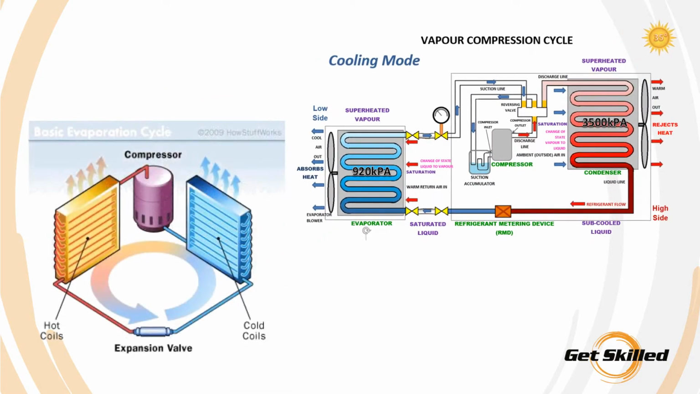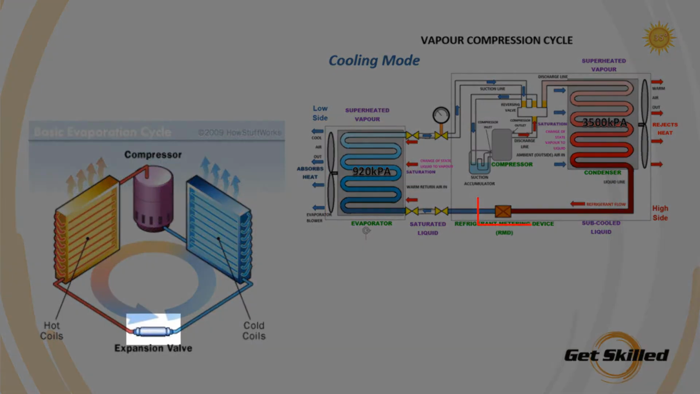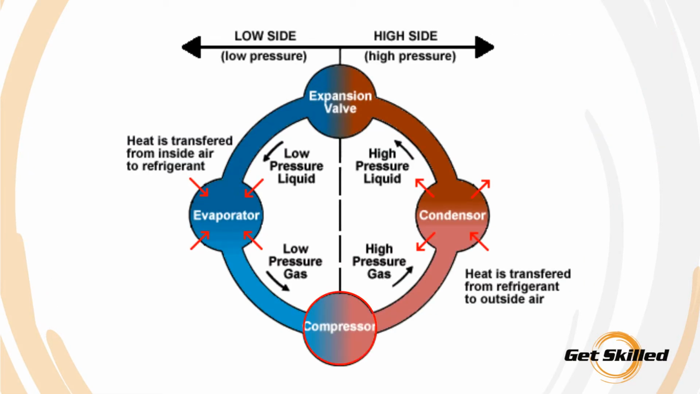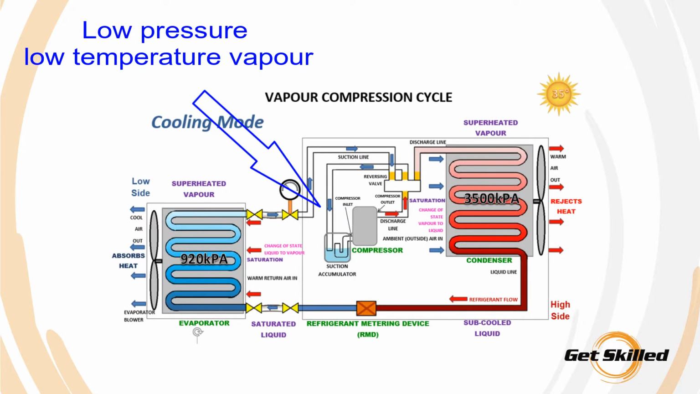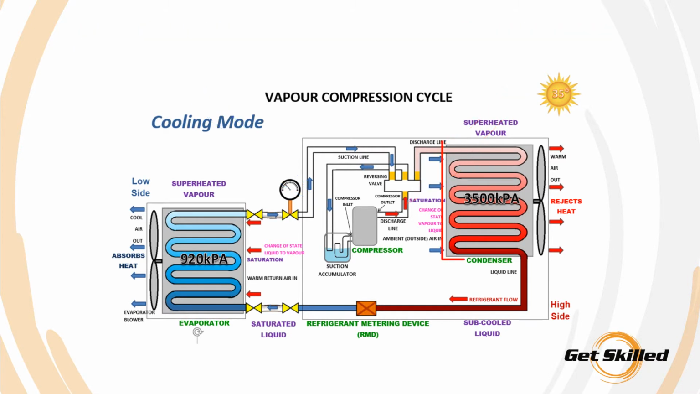The major system components in a split system include the compressor, the condenser, the evaporator, and the refrigerant metering device, also known as the RMD. The compressor compresses and circulates the refrigerant around the system. It maintains pressure difference between high and low sides of the system. It compresses low pressure, low temperature vapor to high pressure, high temperature vapor, so it can be condensed by the